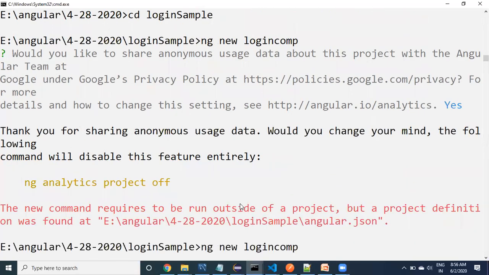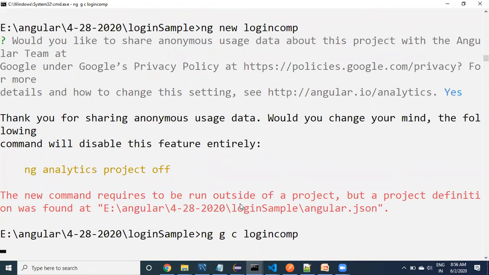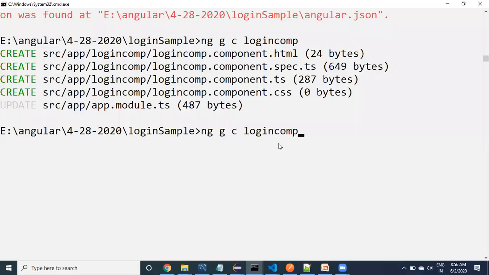Sorry, really sorry. ng generate component login. I just mixed it up. Then ng generate component home, the home component.